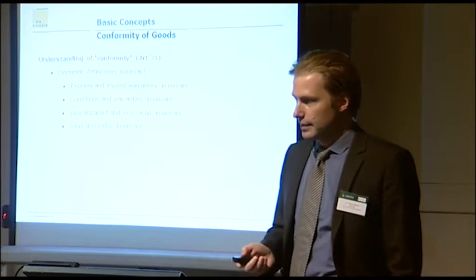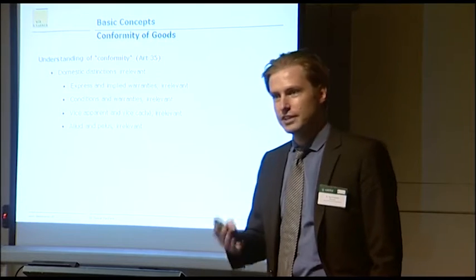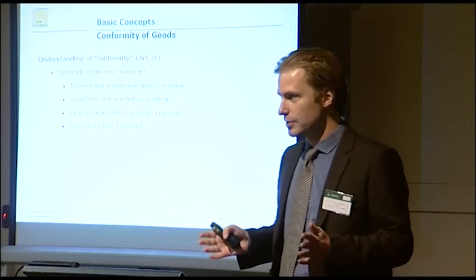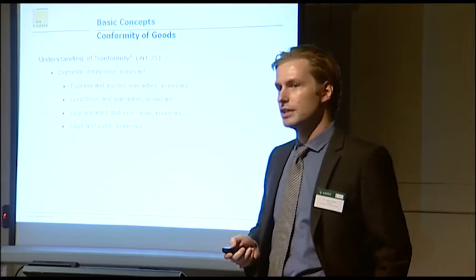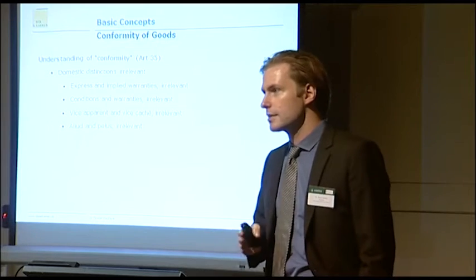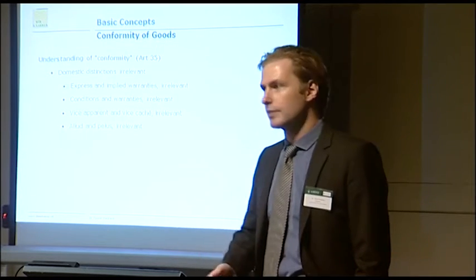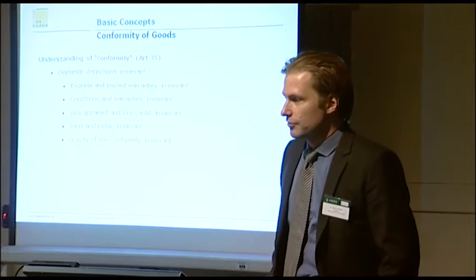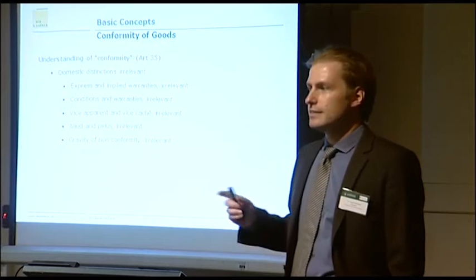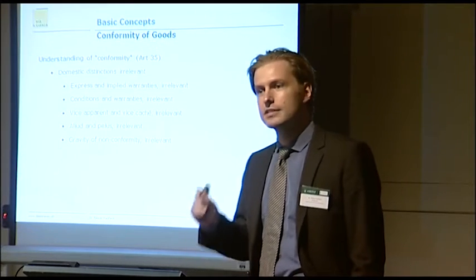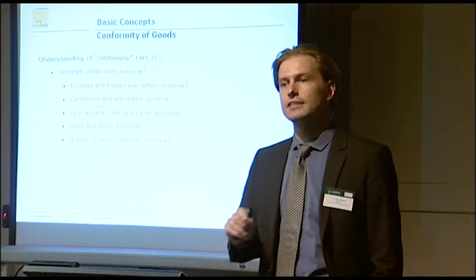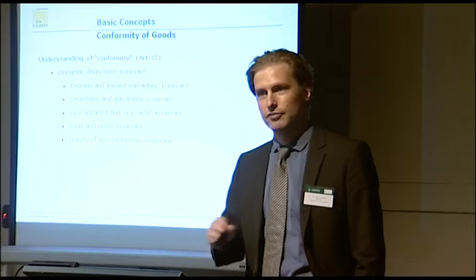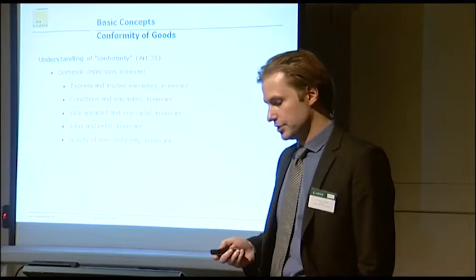Aliud and peius, meaning the distinction of the delivery of a defective good and the delivery of something completely different, which can be very hard to distinguish, is also irrelevant under the convention. Whatever the good may be, it's simply a defective one from that which was owed under the contract. Finally, also the gravity of the non-conformity is irrelevant, at least as far as the question is concerned, is the good non-conforming? Whatever slight the deviation, it's a non-conformity. So there's no de minimis or any other kind of qualification to the conformity issue.